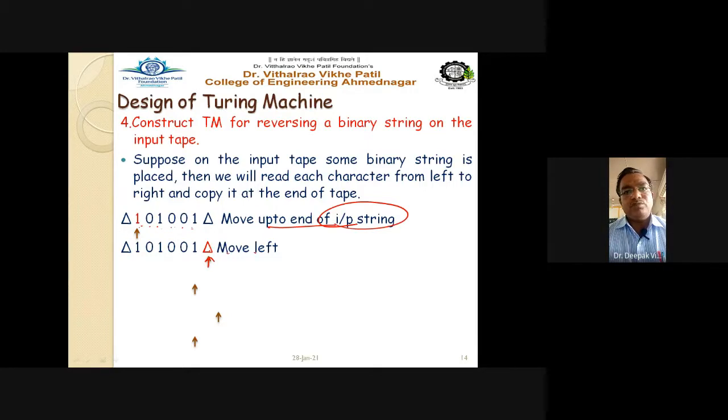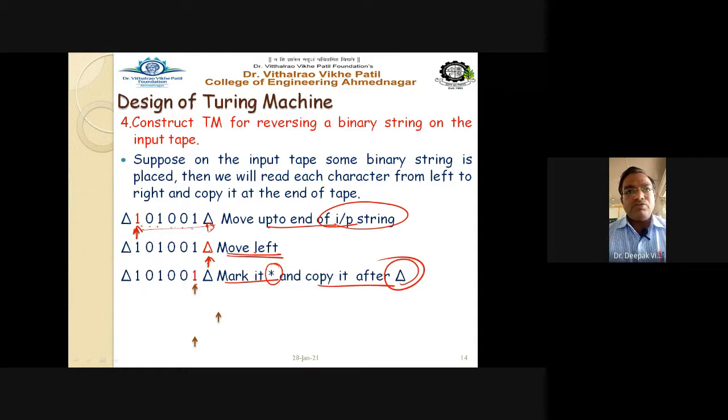Now start moving in the left hand side direction, because when you start the Turing machine, it always points to the first character on the left hand side of the input string. So you have to go to the right hand side up to the end of the string. That is the first step. Now from here onwards, actually start moving to the left hand side direction. Now this one here you have to mark as a star and copy it after capital delta.